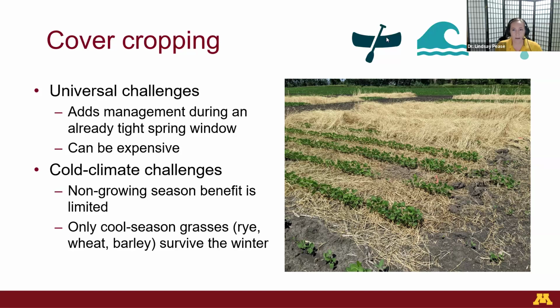That means that a cover crop that's the same type as the crop they're subsequently growing could cause issues with disease carryover. It could cause issues with pest carryover. This is why people rotate crops, and it makes the cool season grasses a little bit less effective. Now, what I'm hoping to see, and I know that these things are in development, are some more cold tolerant crops. I have heard a lot of good things about camelina and pennycress from my colleagues at University of Minnesota, and I know they're working on more cold tolerant varieties. But right now, we really are limited to rye, wheat, and barley as our possible cover crops, and that's a challenge.